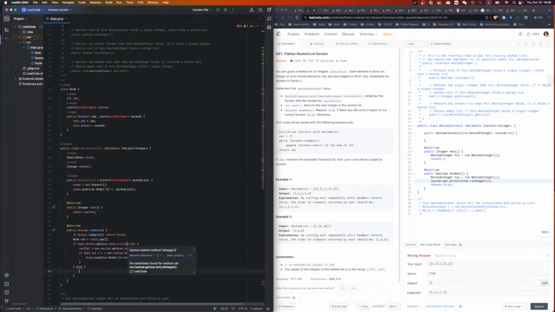Else the current is not an integer. If it's not an integer, it's a list, right? Then we do the same thing, okay? We have to push this back. I guess we'll have to push this back anyway, no matter what. Because you pop this out, you're checking the current one, so you have to push this back for the next round. And then if that's the case, then we're done. Otherwise, right? Otherwise,